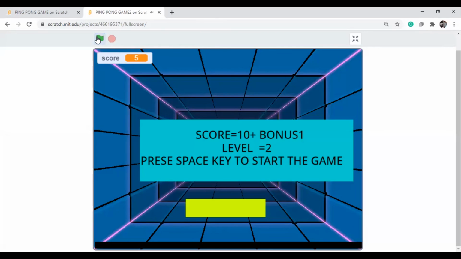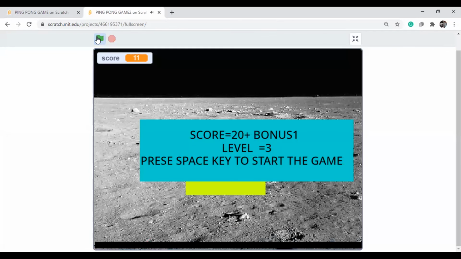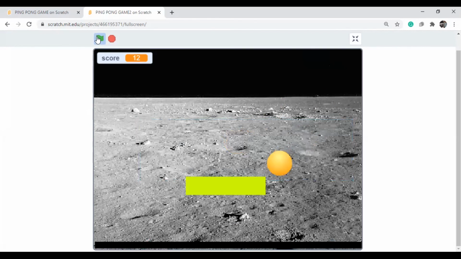Now if I press the space button, see, the score is 20 and bonus equal to 1, level 3. Like this we can play the game.